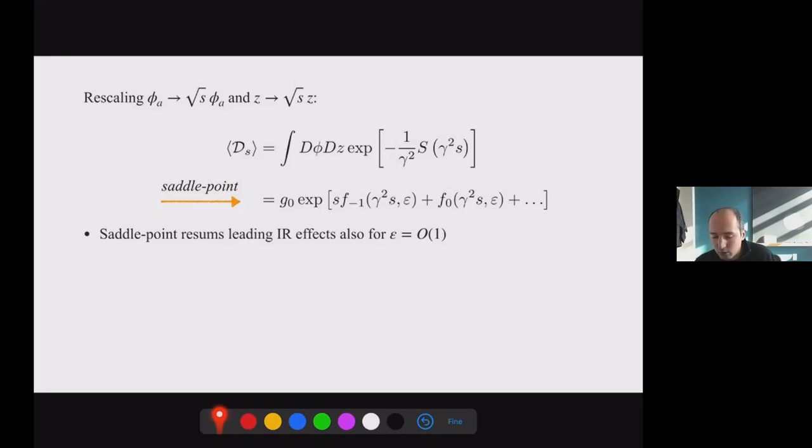So this is already what was said a few days ago, but a non-trivial point that I want to highlight is that this saddle point turns out to work also for D close to 3. So it allows us also to solve dimension D equal 3. In this case, the interpretation of gamma square S is not that of a coupling, it's rather a bit more like a mass term for a non-local quantum mechanics.